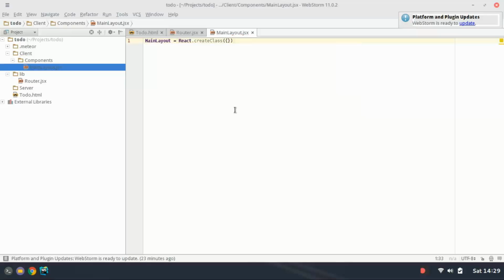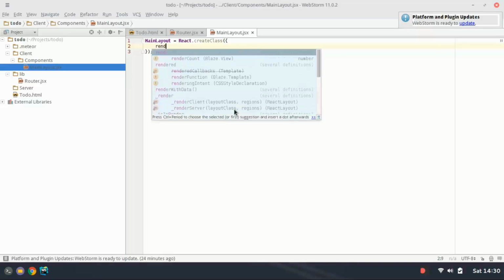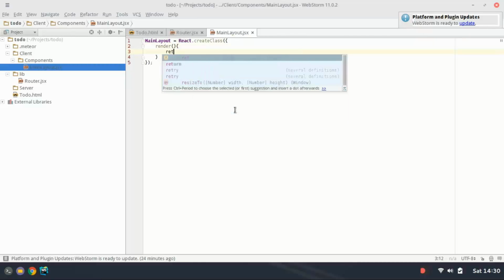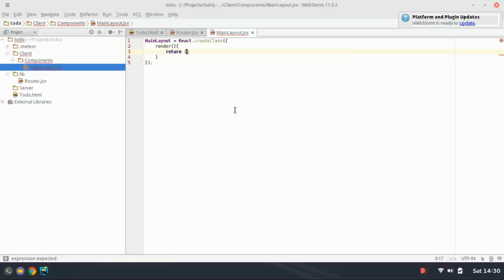And we open that up with brackets and curly brackets. So all we really need here is the render function, and that's all we're going to do at this point. So type in render,